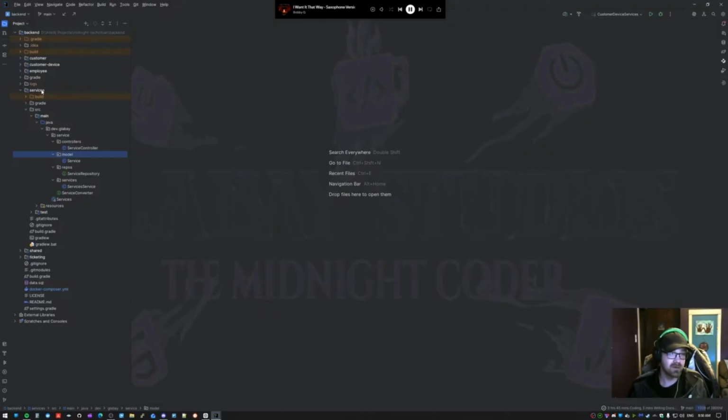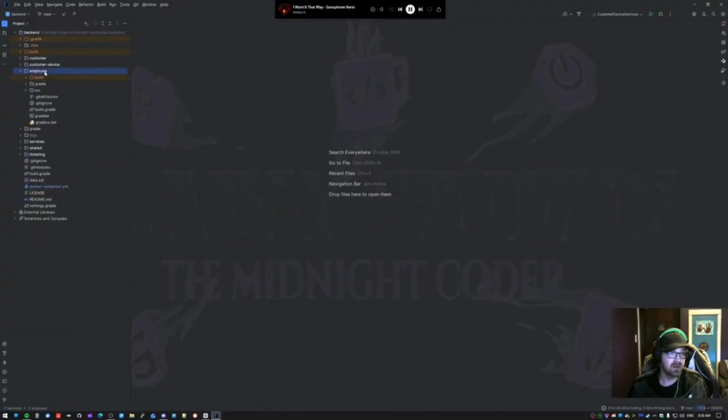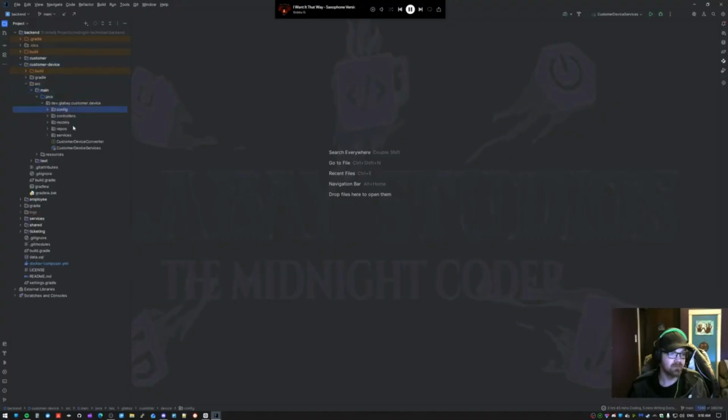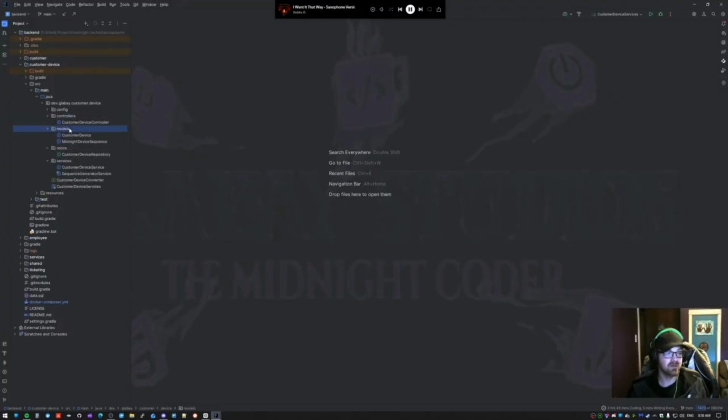So you'll notice all of the modules now have, the other ones that have, these ones that have Mongo. You'll notice they have a config, and then there's the controllers, the model, repo, and services that you're all used to. I just simply extracted this out from the services module, added Mongo to it, yada yada, and same as